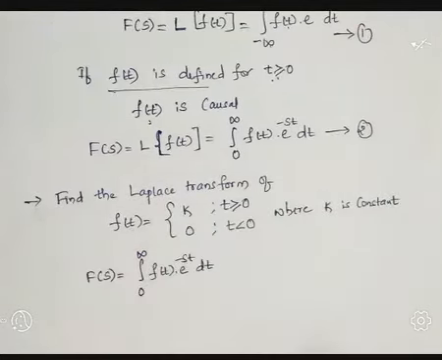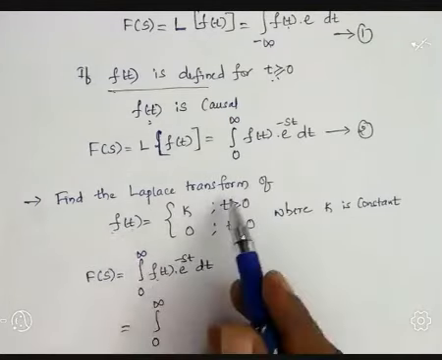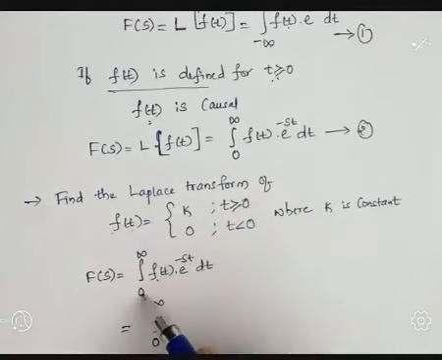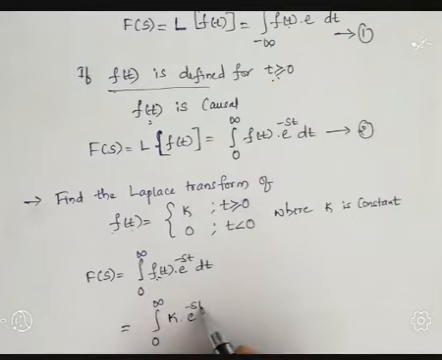Now substitute the given value, that is 0 to infinity, because this function is present for t greater than 0. Because of that reason I write 0 to infinity. F of t is what? F of t is k multiplied by e to the power minus st dt. Further simplification,